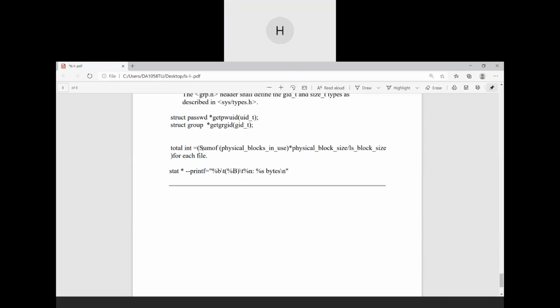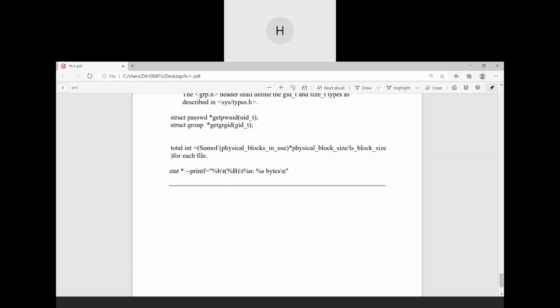It is the sum of the total blocks of the given file, taken in the physical block size, divided by the ls block size for each file. The physical block size which I have used here is 512 bytes, which I got by this stat command.